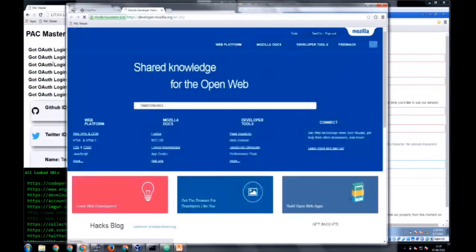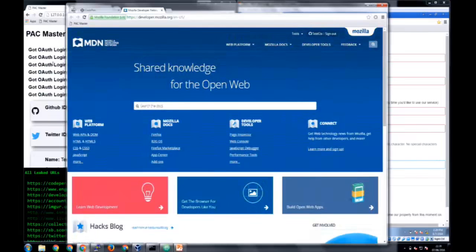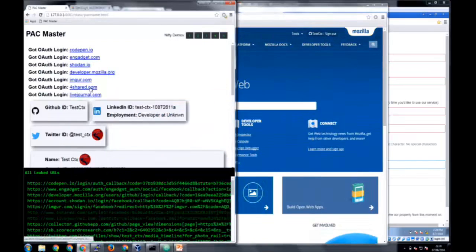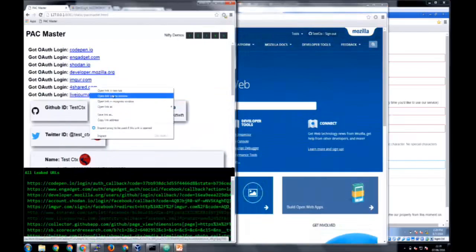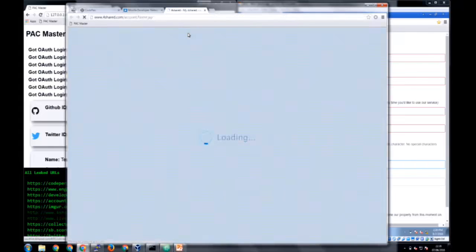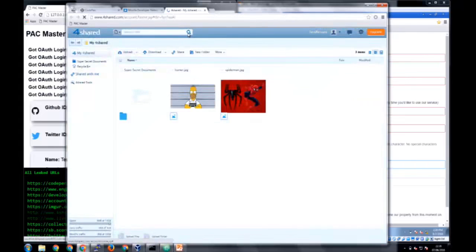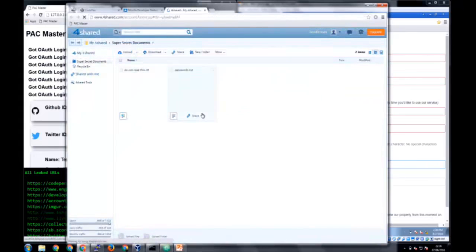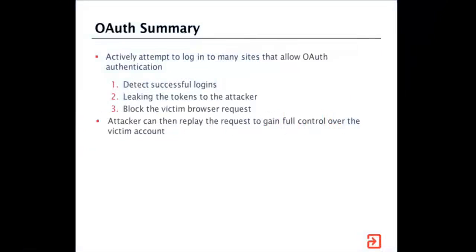Keep going, we've got loads of other services. So, for example, developer.mozilla, got that account. Someone's of interest, so I don't know if anyone's used ForShared before, but it's a cloud storage platform, so we can grab that and then start grabbing their files from that platform. And we've got full control of these accounts at this point. So we're just logged in as if we were those users. Demo's going well now. Yeah. Right. Back to the slides.